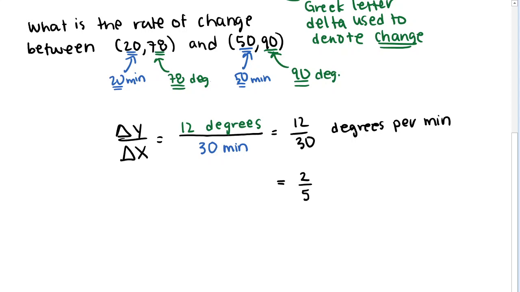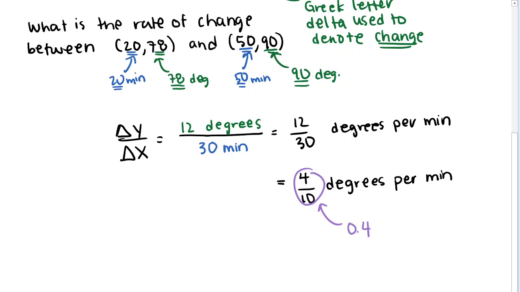And actually, that's the same as 0.4. Maybe it would have been simpler to just divide this out both by 3, and we can see that we get the same fraction we got earlier, right? If I divide the numerator and denominator by 3, I get an equivalent but more reduced fraction. Dividing the top by 3 gives us 4. Dividing the bottom by 3 gives us 10. This is 4 over 10 degrees per minute, which we saw earlier was also